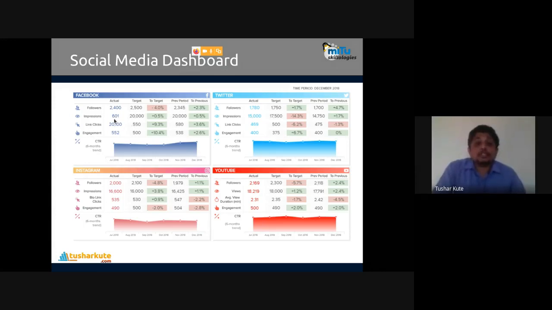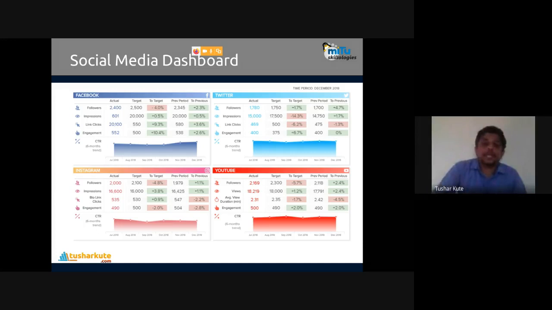Number of impressions is 601. Our target is 20,000. So against the target, we have only a 0.5% improvement. Then link clicks, and number of engagement, the people who engaged with that particular post, through all the shares, likes or comments.